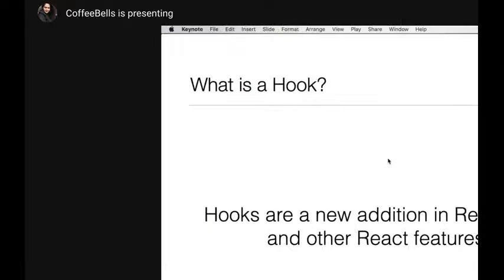They let you use state and other React features without writing a class. Initially, when we wrote a component, we would have to decide if it would be a class or a function. Now React has neutralized everything and said that everything can be a function. The features that a class gave, such as maintaining state and using lifecycle hooks, are now available as part of a function using hooks. So we need not waste our time deciding if it's a class or a function. We always create a function, and all these functionalities are hooked into our function as well.